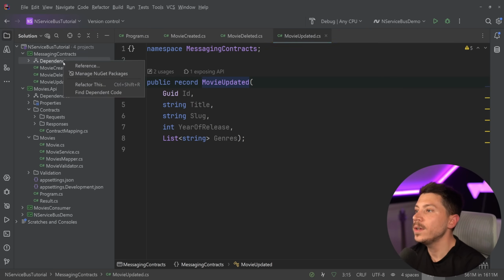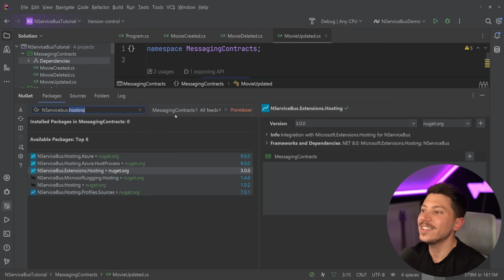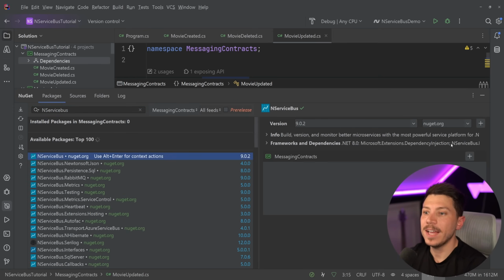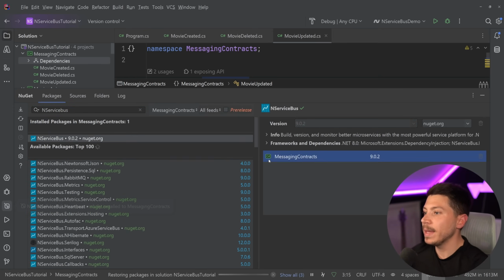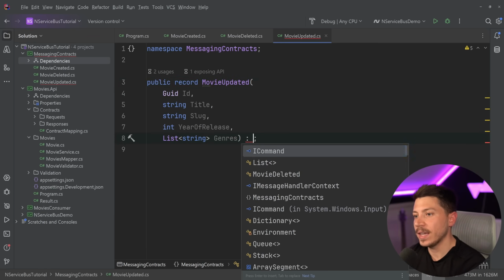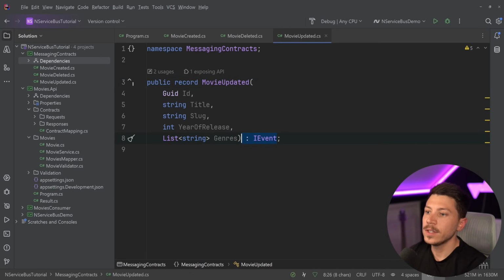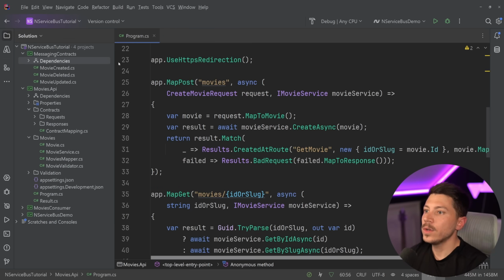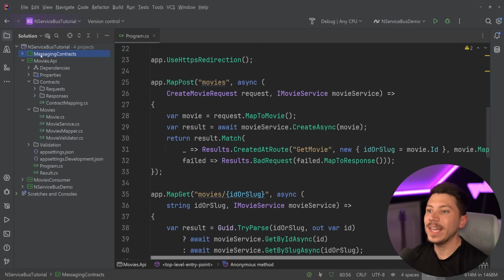So what I can do is go and add the NServiceBus package in the messaging library, which is reused by both the consumer and the publisher. And then all I want to do here is say that this is an IEvent. So 1, 2, and 3. Here we go. So we have that, and then the API will be publishing and the movie's consumer will be